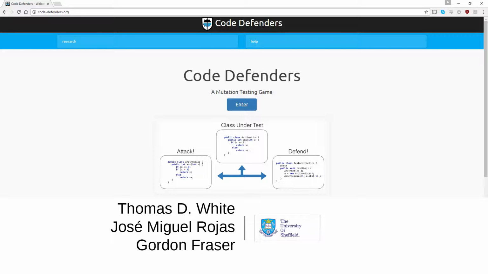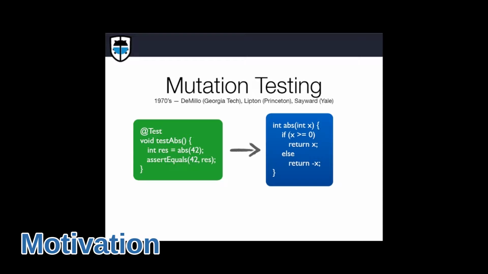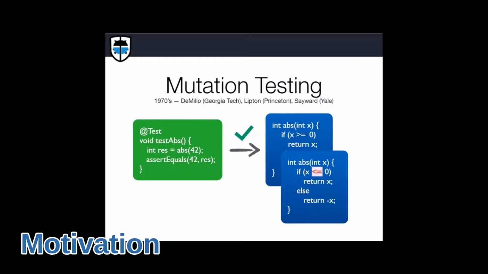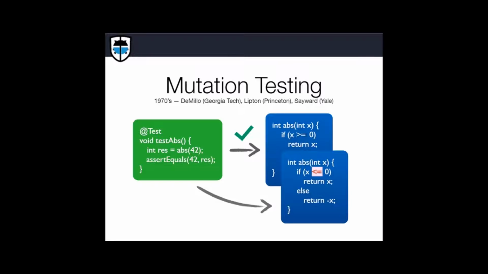Hi, in this video I'm going to introduce Code Defenders, a mutation testing game. Mutation testing consists of creating multiple versions of an existing program, called mutants, which represent possible program faults. The mutants are used to develop effective test suites. An effective test suite is one that kills the highest possible number of mutants. A test is said to kill a mutant when it passes on the original program, but fails on a mutated